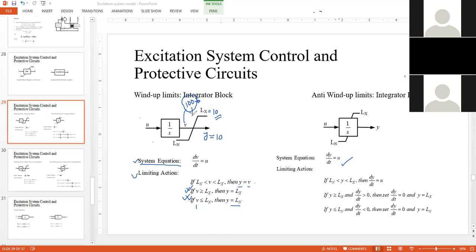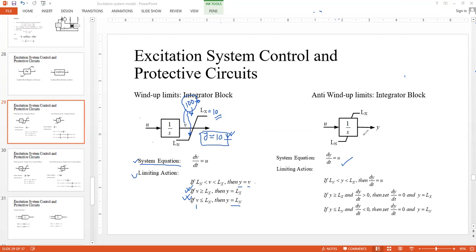In this case, to get some value of Y which is different than 10, V should come down to a value which is less than 10, isn't it? Otherwise, Y should be set at 10. Y should be fixed at 10. Okay. However, in the anti-wind up limits,